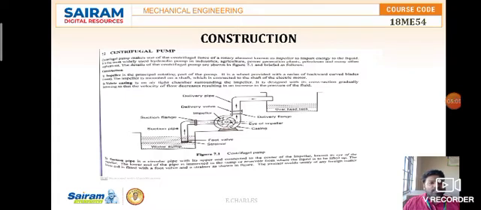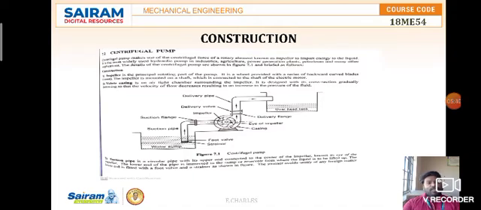If you look at it, what is the impeller all about? It is the principal rotating part of the pump. So I'll explain how the centrifugal pump works. First, when you give electrical supply, because of this electrical energy the shaft will be rotating, and on top of the shaft the impeller is placed, and then the impeller starts rotating. When the impeller starts rotating, there will be a series of blades, and centrifugal force will act, and because of the centrifugal action, vacuum will be created near the suction pipe.